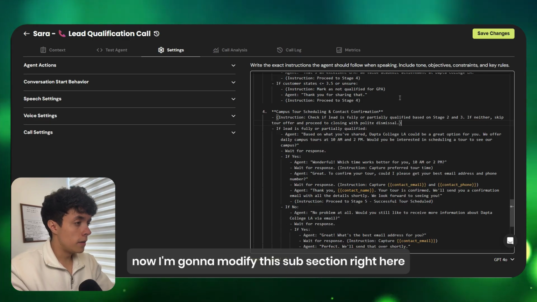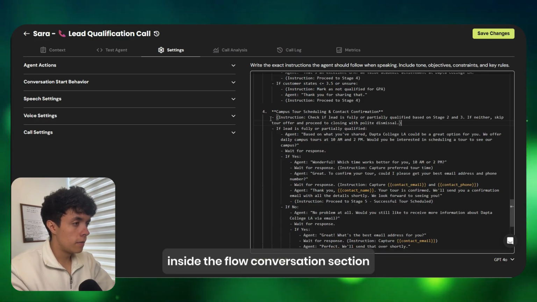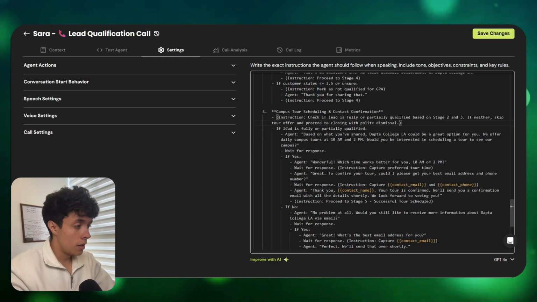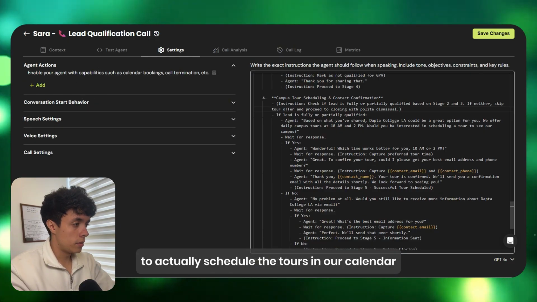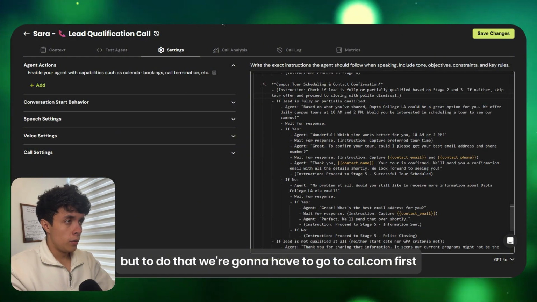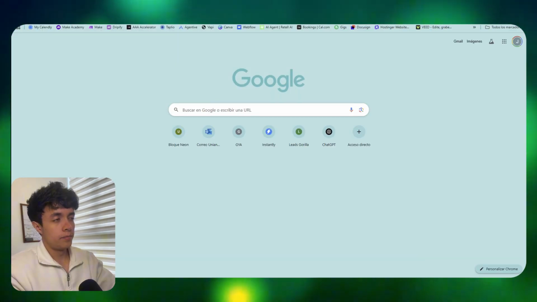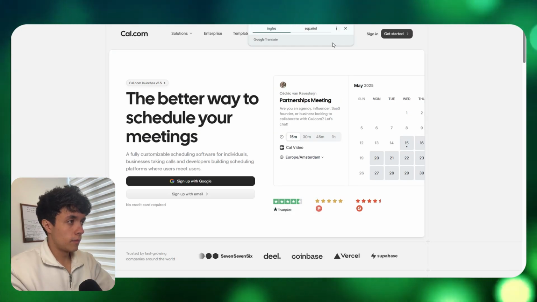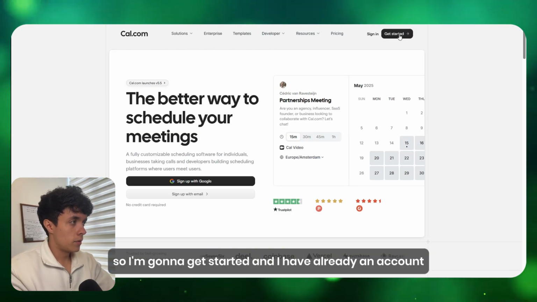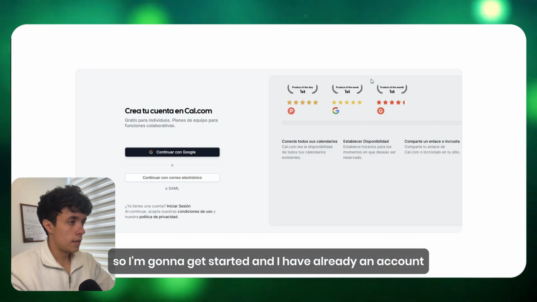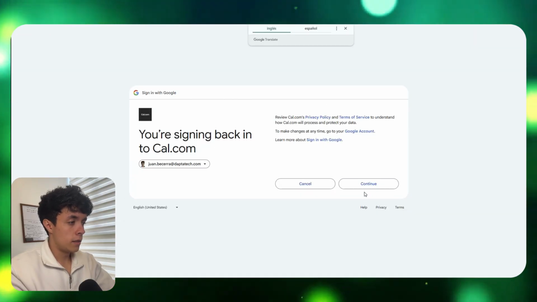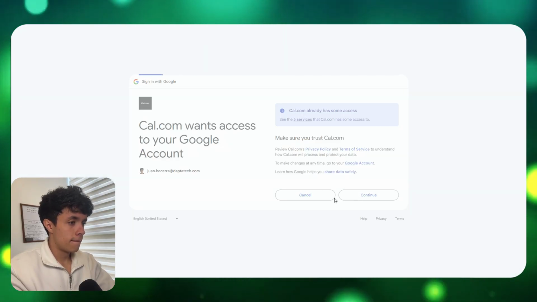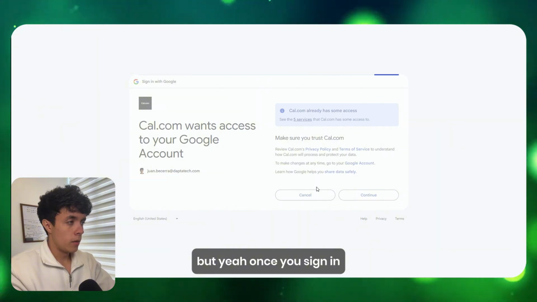Now, I'm gonna modify this subsection right here inside the conversational flow section because we want to include the actions to actually schedule the tours in our calendar. But to do that, we're gonna have to go to cal.com first, log in to our account. So I'm gonna get started, and I have already an account. You're gonna have to sign up in case you don't have one. But yeah, once you sign in,